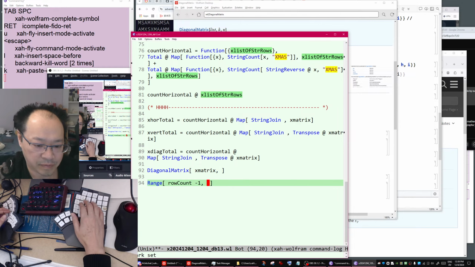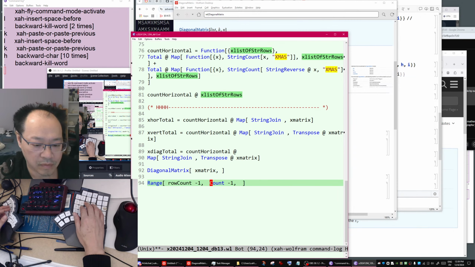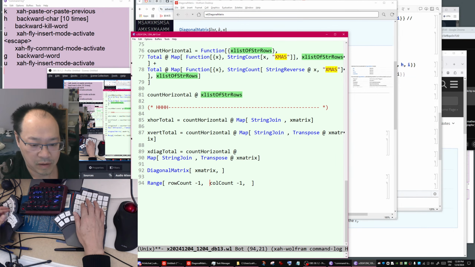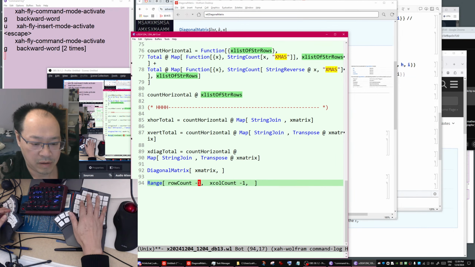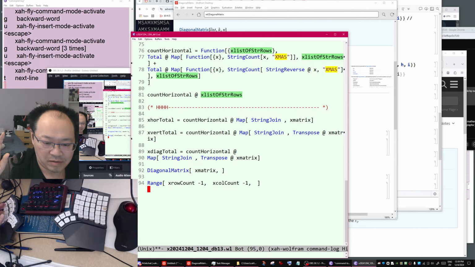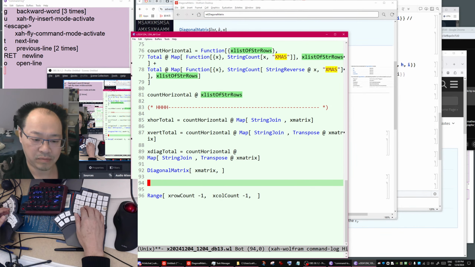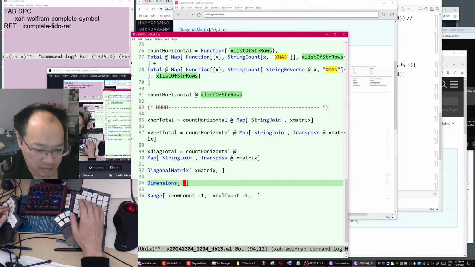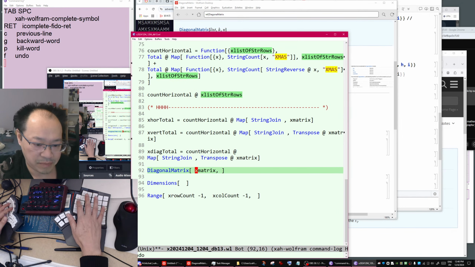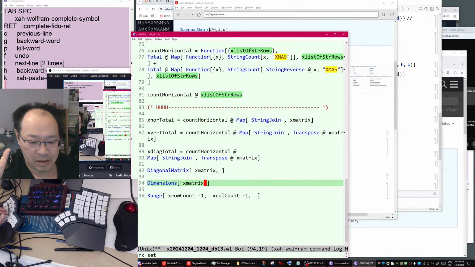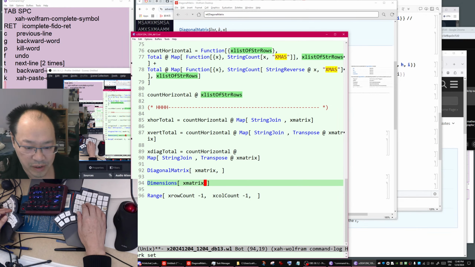Okay, I like to name my variables beginning with x. Okay, so the row count and the column count are the dimensions of the matrix. Okay, that gives you row and column.